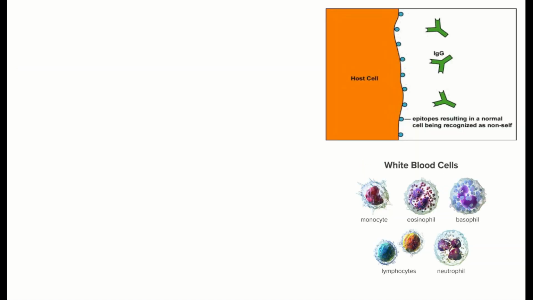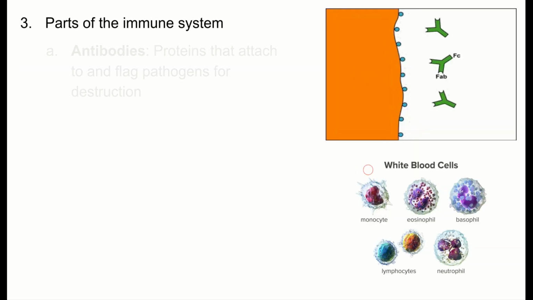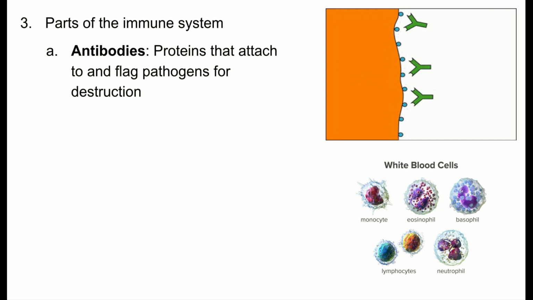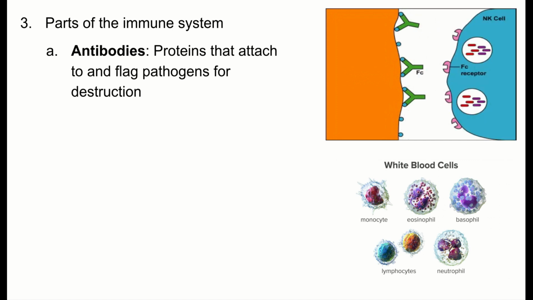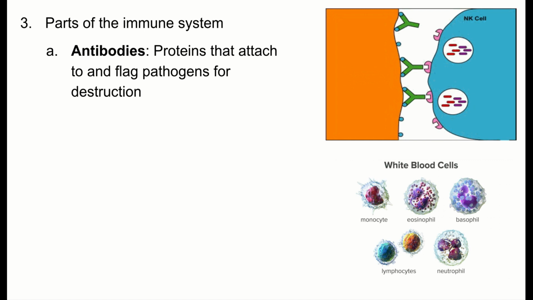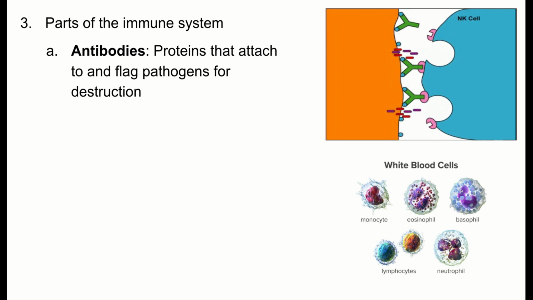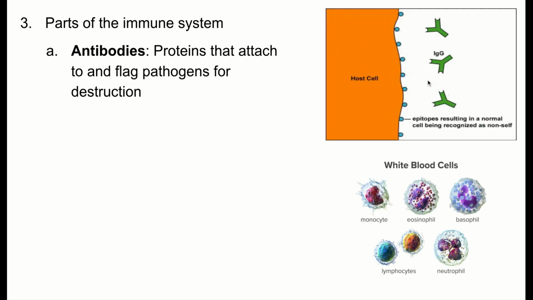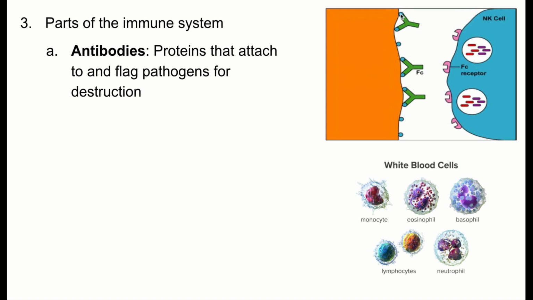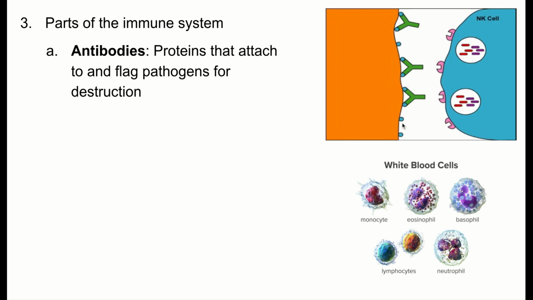Here are some structures that are involved in that process, parts of the immune system. Detail A, antibodies. These are proteins that attach to and flag pathogens for destruction. Next to antibodies, I want you to draw a little Y shape, just to remind yourself of the shape of these antibodies. They always have a similar shape. They are little Y-shaped proteins that have a binding site down here on either end, and they will bind to